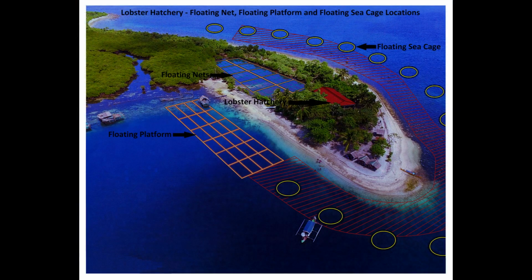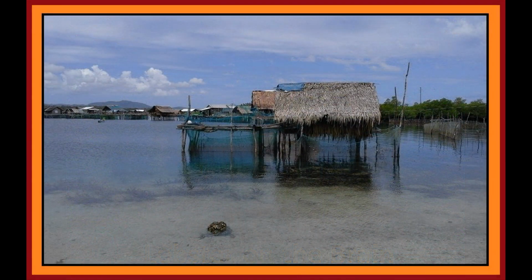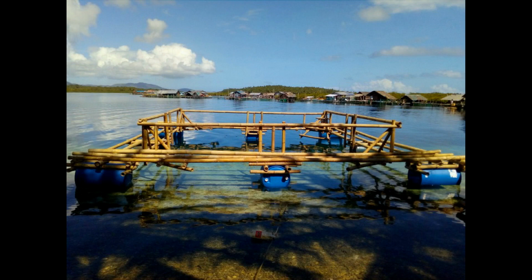And for the last 9 years, both lobster hatchery, mariculture, and lobster grow-out aquaculture has been both a passion and a personal obsession of mine. I have devoted countless hours on the internet trying to seek any useful information pertaining to both lobster aquaculture and mariculture, so I can fully understand and appreciate both the difficulty and frustration one may encounter when trying to research